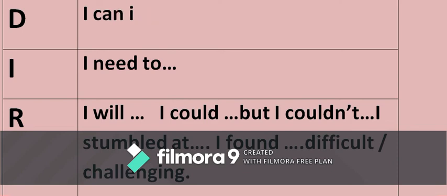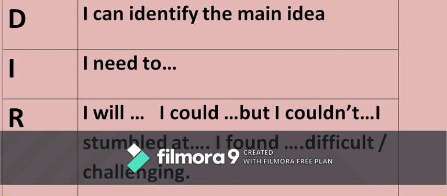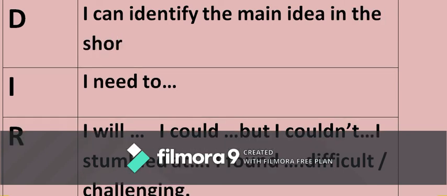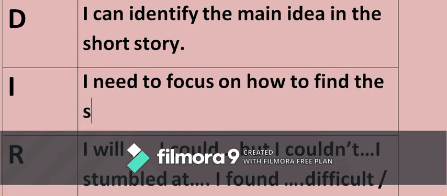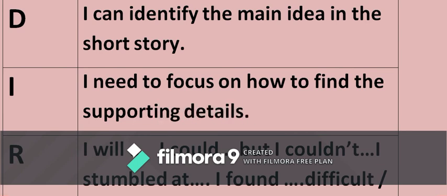Okay, I can identify the main idea in the short story, but I need to focus on how to find the supporting details. See, this is one example.